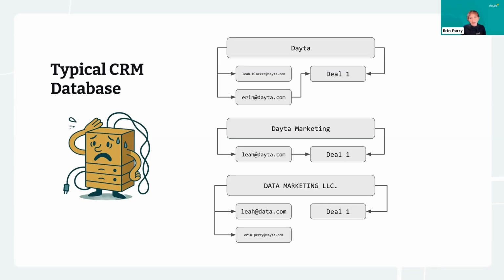So if Leah Clocker at data.com is the first person who filled out our demo form, we want that email address to be associated at least with the company that's associated with subsequent deals. In this case, we've got three Leahs in our system, and if we programmatically matched up our lead data to our deal data, we would not see that Leah's that great a lead. At best, we might be able to see that she's associated with this deal, but we wouldn't catch this deal or this deal if we were doing that matchup automatically.